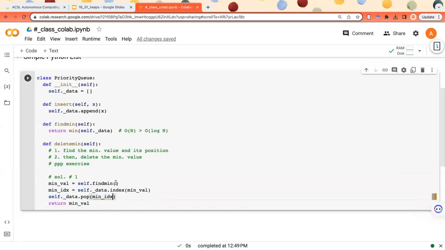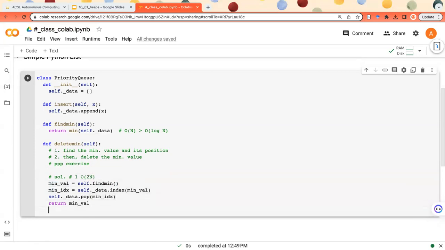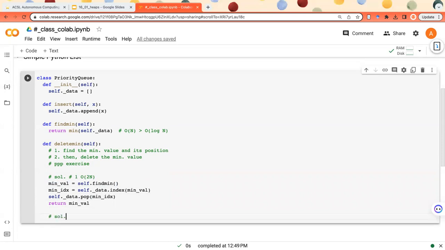And the thing is, it takes two for loops, one for loop and the second for loop. So it is going to be something like O(2n). And another way we can improve this solution, although it's going to be the same O(n),